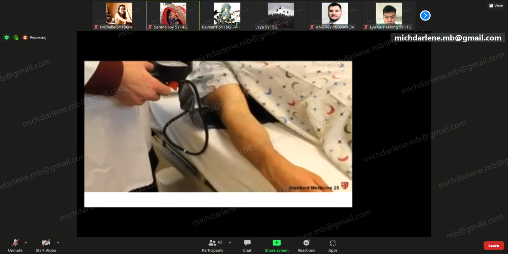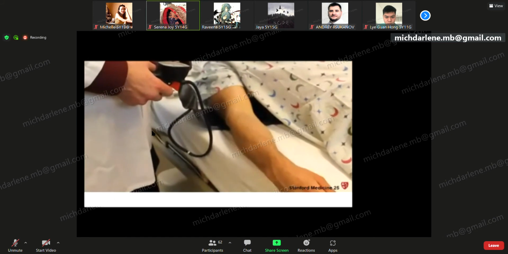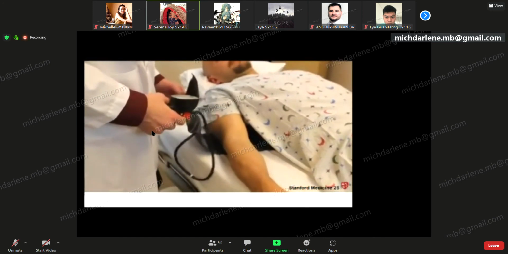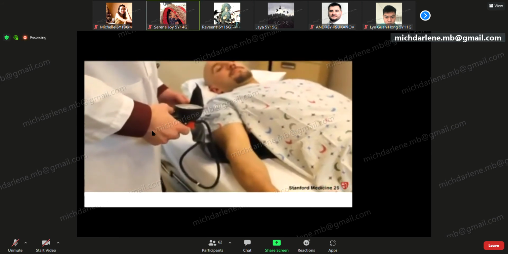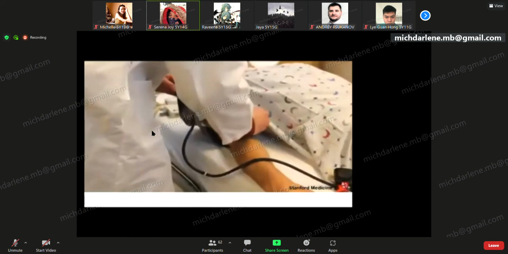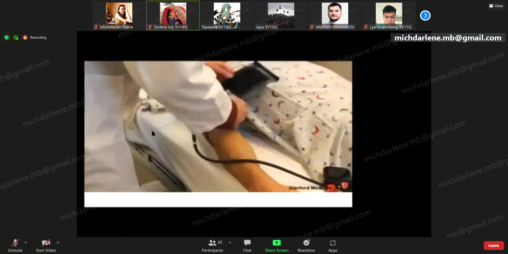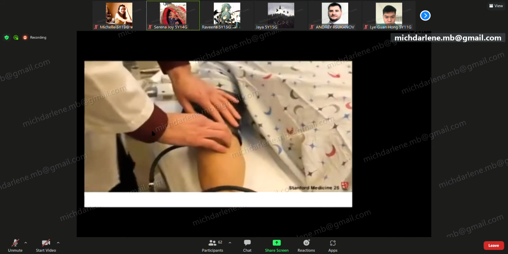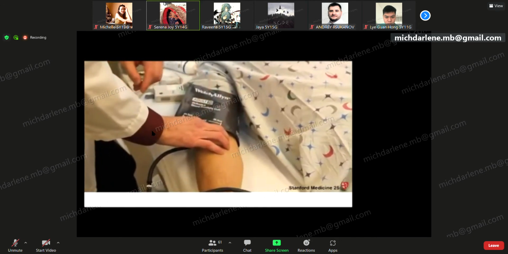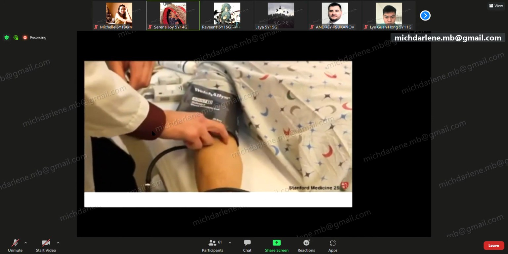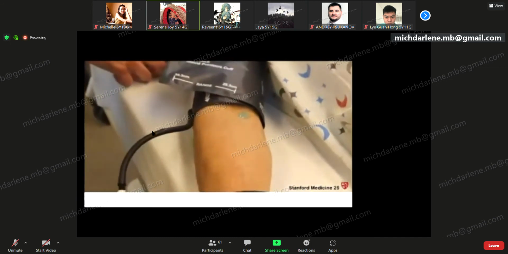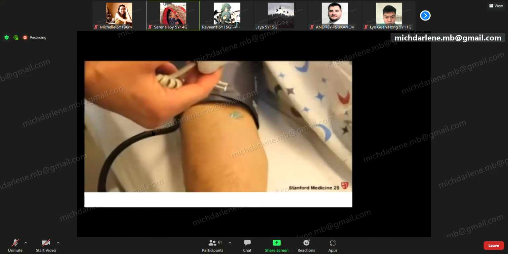Okay, so what we're going to do first is measure the pressure at the arm, and we're going to use the same technique to measure pressure at the arm that we're going to use at the ankles. So I'm putting the blood pressure cuff around the arm right now. You want it to be snug, and now I'm going to put some ultrasound gel right here in the antecubital space over the brachial artery. So my fingers are on the brachial artery there. Having done that, now I can listen for the signal with my handheld Doppler.